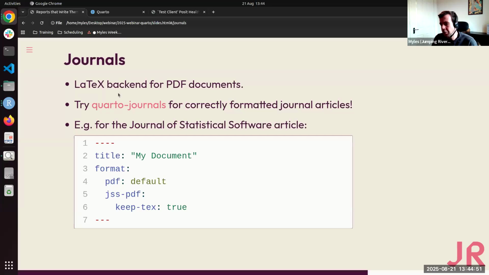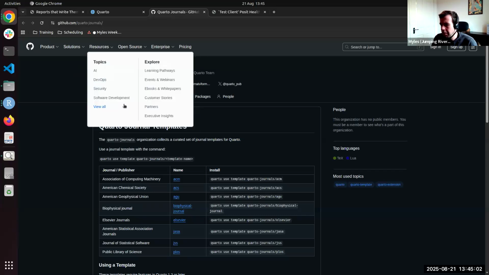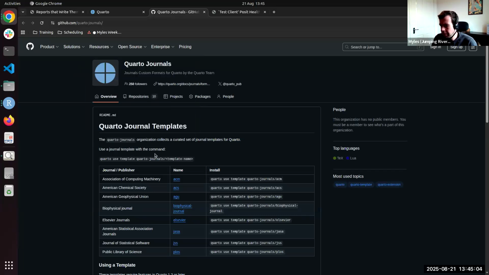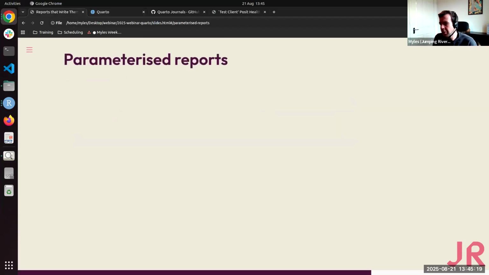And a lot of journal templates have been written up as an extension which you can use. So if you go to this Quarto journals page on GitHub, you can see a list of the journals, which includes the American Statistical Association, for example. So that should hopefully take the hassle out of putting together these big articles. You can just focus on the main text and not worry too much about the format.